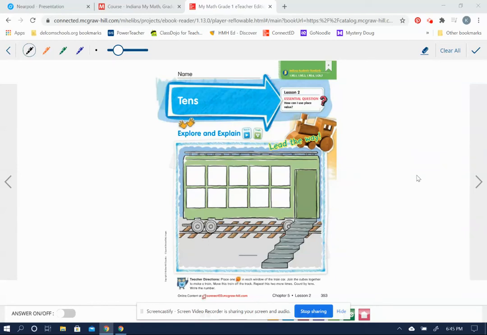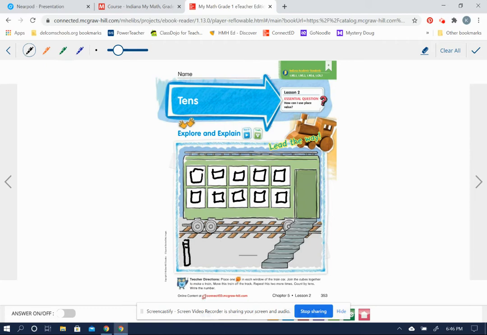Hello, boys and girls. So we are going to be working with tens today. So we've got a 10 frame here, and of course a 10 frame would hold how many cubes? Whoops, here we go. 3, 4, 5, 6, 7, 8, 9, 10. Okay, now if we would connect these 10 cubes and make a stick of 10